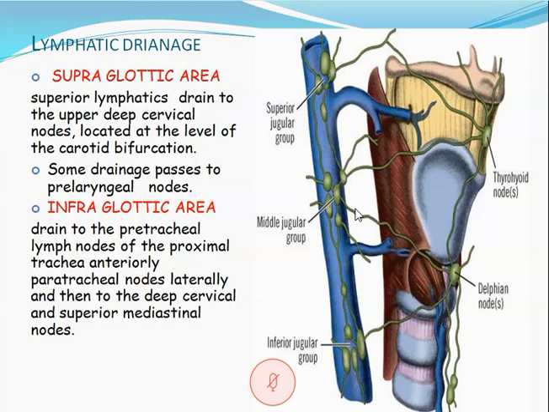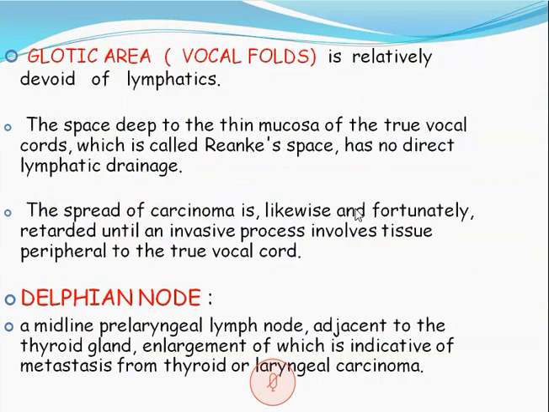This is important when you deal with a carcinoma of the larynx. Which level of the lymph nodes are involved, and when you are doing a partial laryngectomy or supraglottic or subglottic laryngectomies, which nodes have to be separated, that is important, comes with the lymphatic drainage. The glottic area, vocal folds, is relatively devoid of lymphatics. That is the reason why the vocal cord